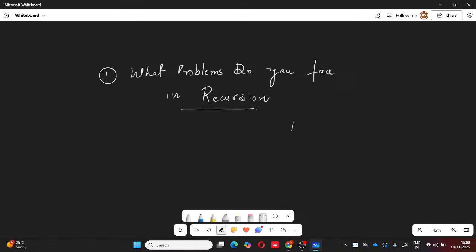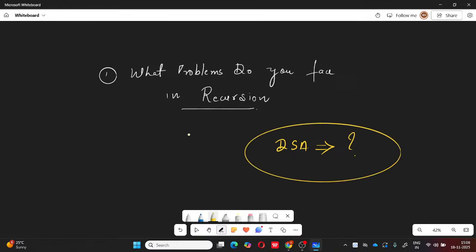You have to understand this point that there could be a lot of problems that you're facing in DSA right now. It could be as simple as that we don't remember the logic, right? Is it the case that you don't remember the logic? This could be one of the problems, right? That we don't remember the logic, right?